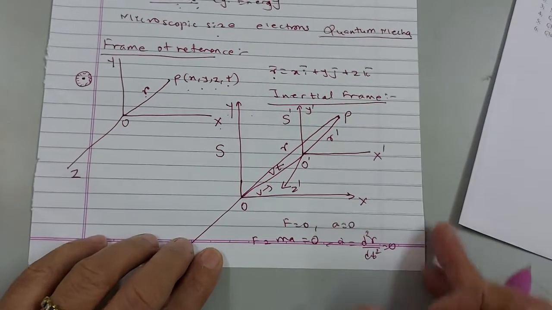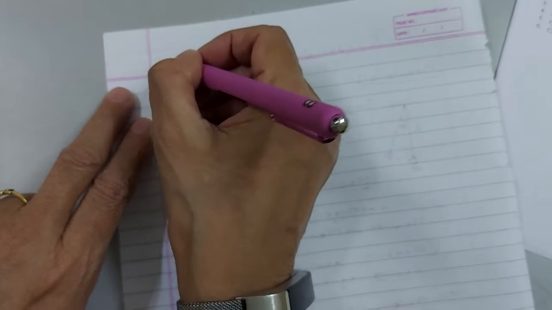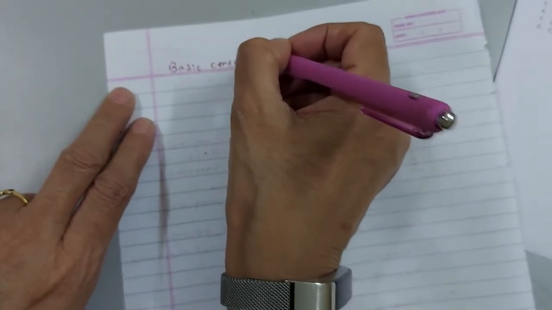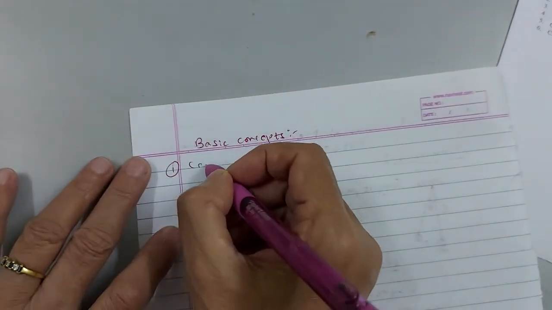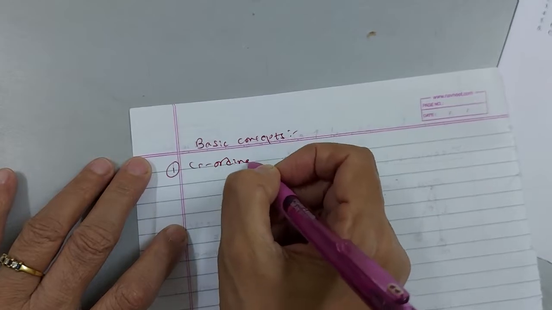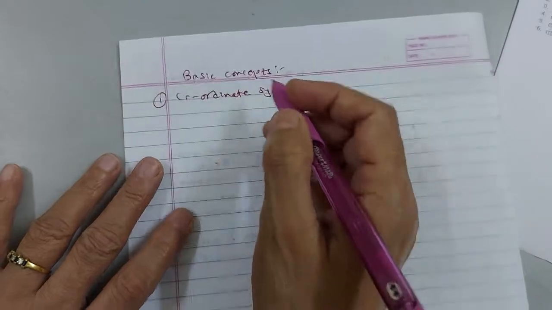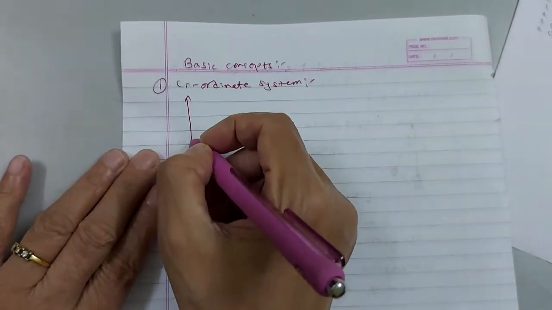Now we'll see a few basic concepts before I go to the main topic. In the basic concepts, what I need to define first is the topic itself, basic concepts, in which the first one will be the coordinate system. Coordinate system. Now in this, I'll try to draw a normal two-dimensional